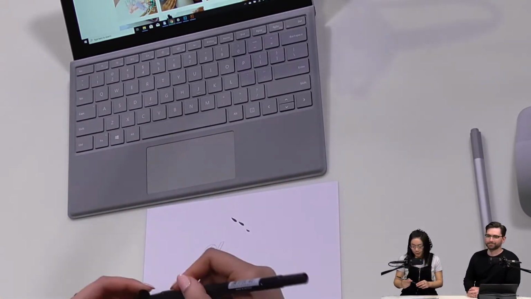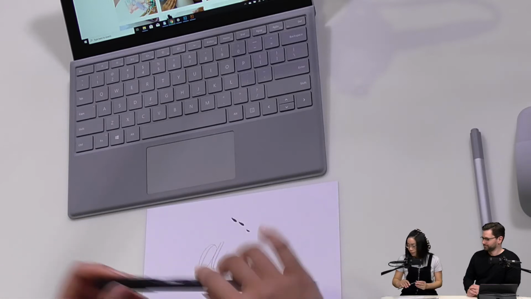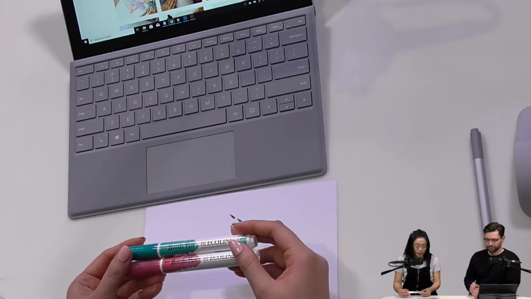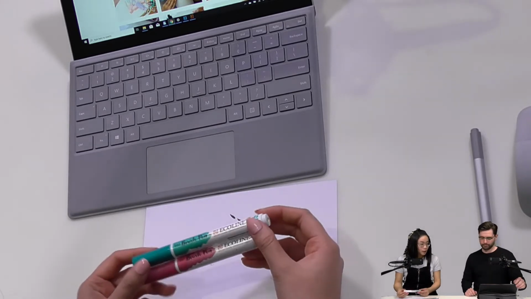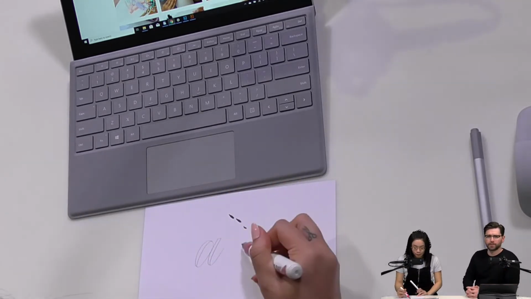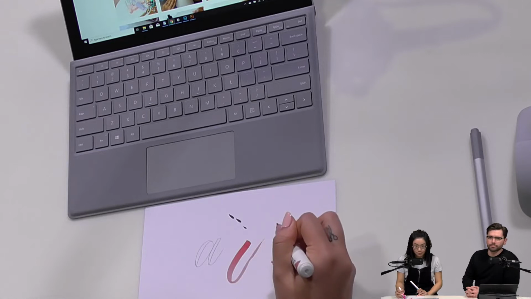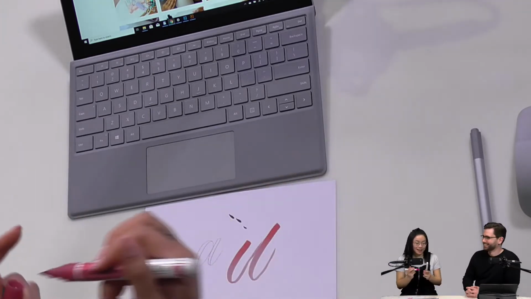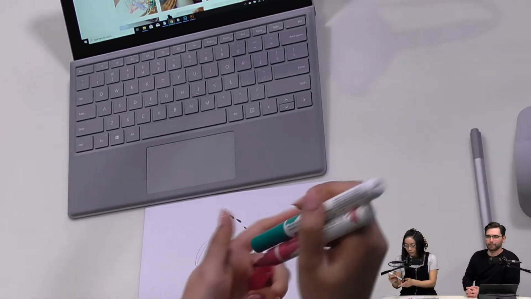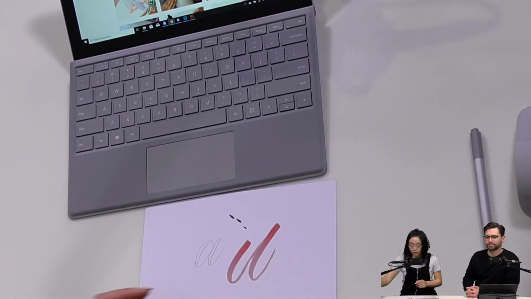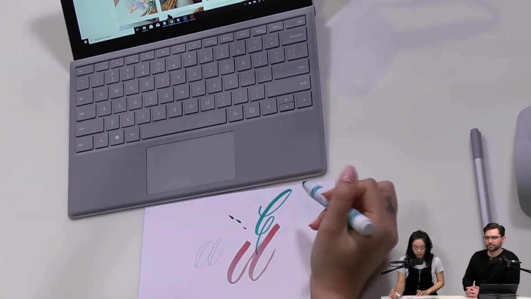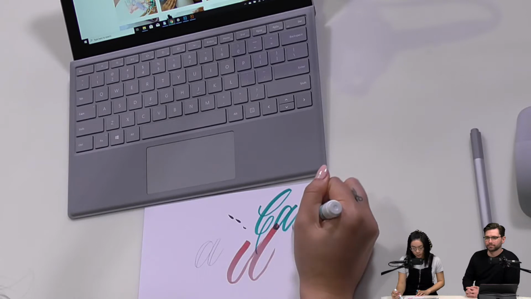These are also called brush pens, but these actually have watercolor in them, so they look very vibrant. As you can see, they're noisy. Some people like it, some people hate it. There are a lot of different pens that you can use, and they make different looks.